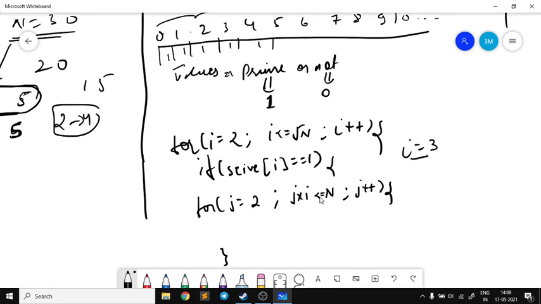So after this, I will update my sieve of j into I as 0, right?